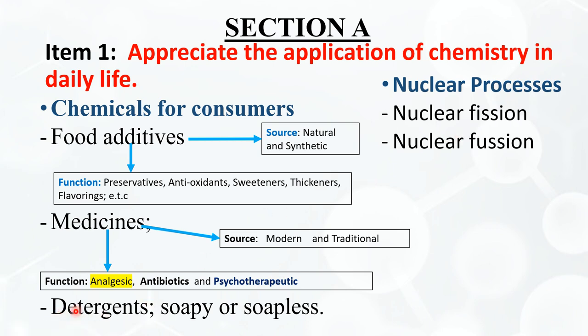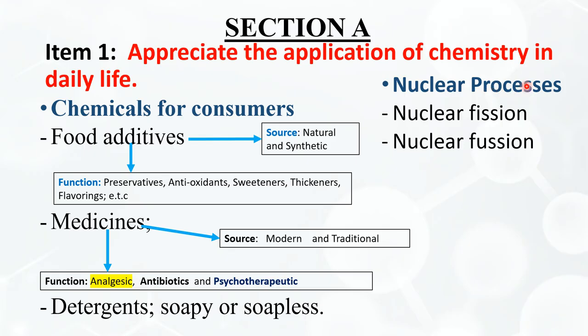This is a topic that is also covered in Senior 4, but as with detergents, we also cover them in Senior 3, Term 1, which means in Senior 3 we can still set for learners a standard paper and a standard number in Section A, Item number 1 on detergents. We shall see how you approach a question set under detergents, and how we approach an item set under nuclear processes.